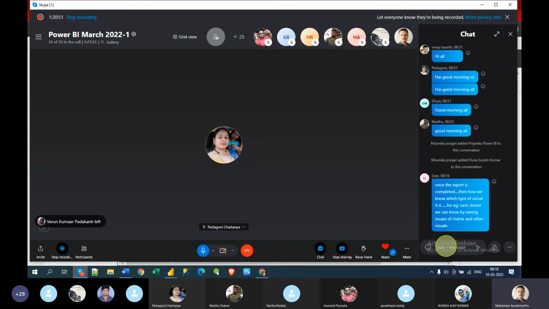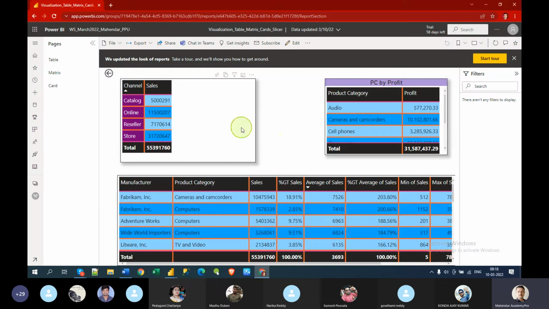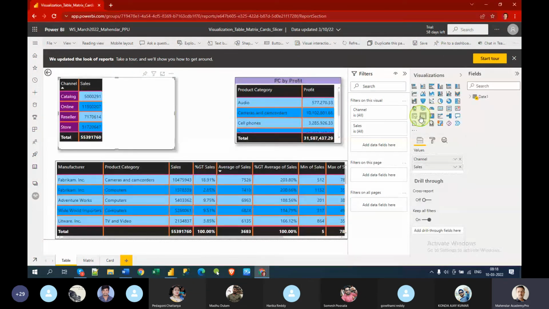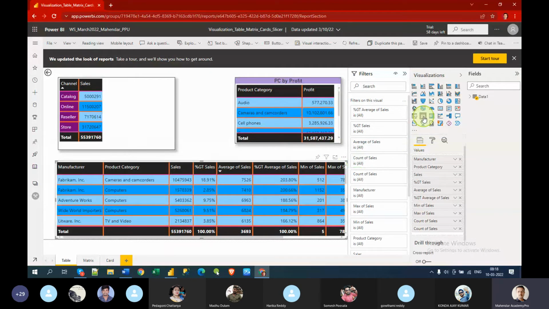Once the report is completed, how do we know which type of visual it is? Simply select this and click on edit. If you just click on it, the watermark will be highlighted. If you go to any visual and click on it, the watermark will be highlighted.